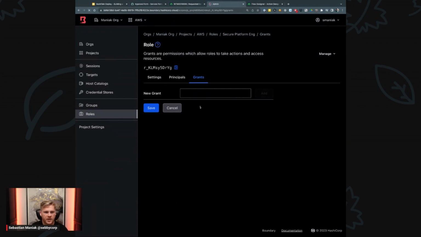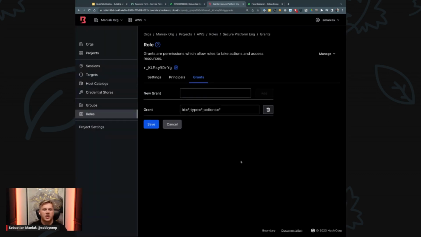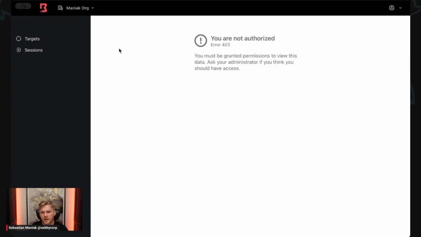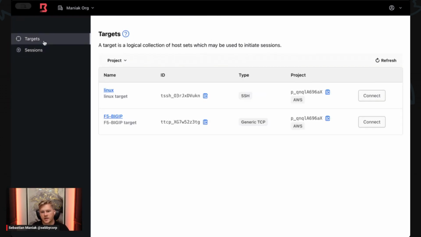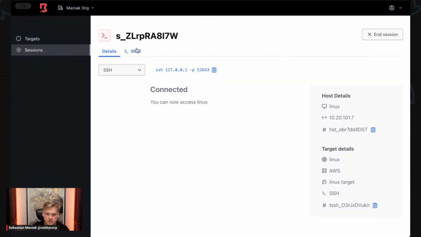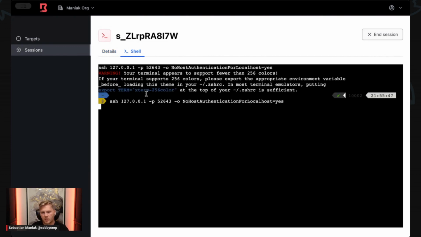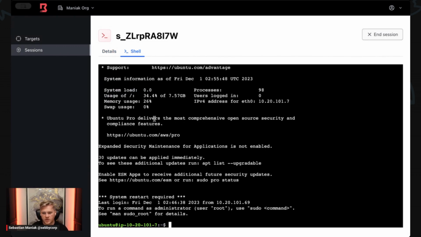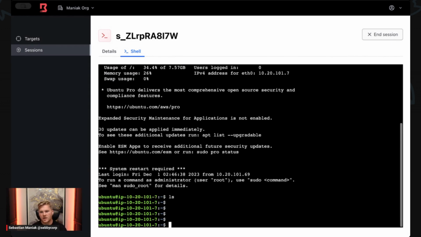And then if we refresh the page, we'll see that a new grant has been created. For this demo, it gives me wildcard everything access. So now when I log into Boundary, I can see those targets. Log back into Boundary and refresh the page. We can then see access to our targets, where we can click on the connect button, grab the secret, establish a session